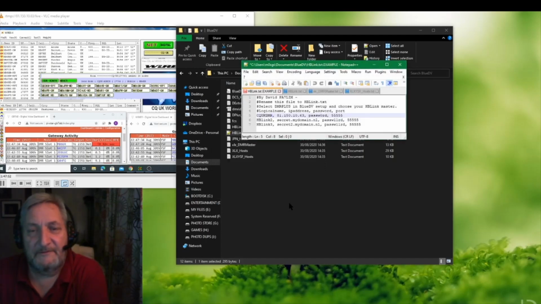So if you open it with that, as you can see, this file was created by David PA7LAM, and what I've done is change this portion, which is HB link 1. You will see it as HB link 1. So what I've done is renamed HB link 1 to CQ UK DMR, and the server address is 81.150.10.63. The password is password,